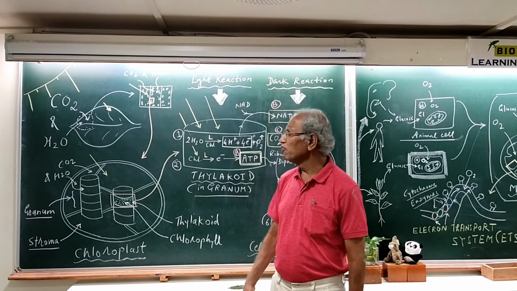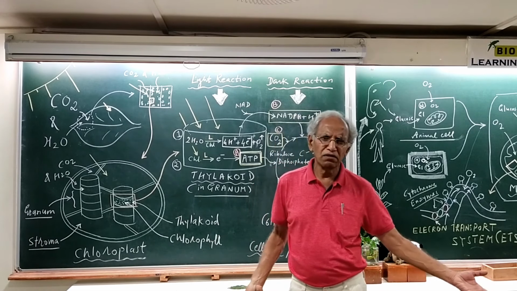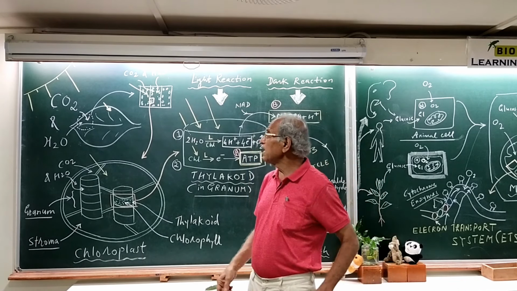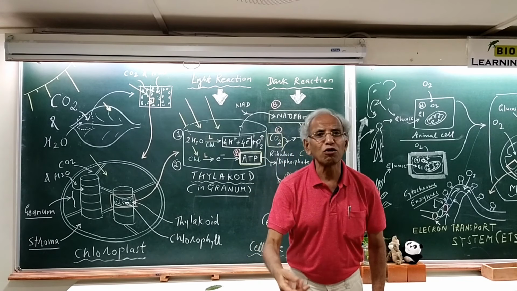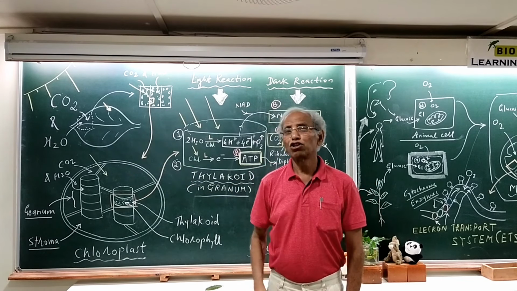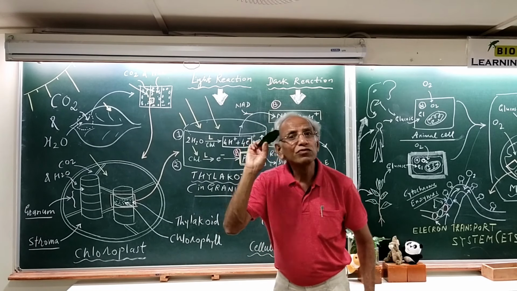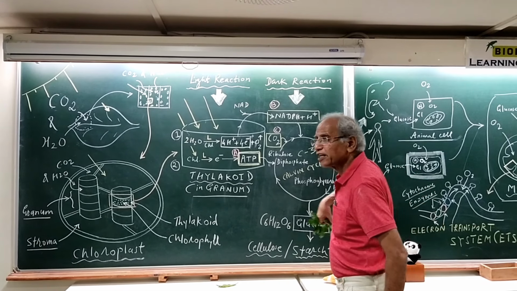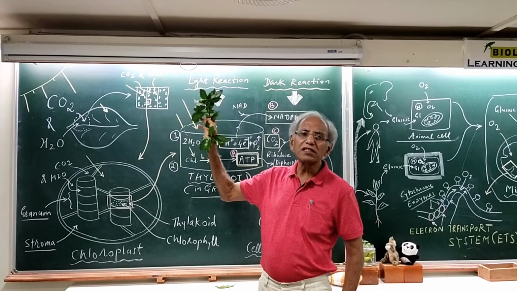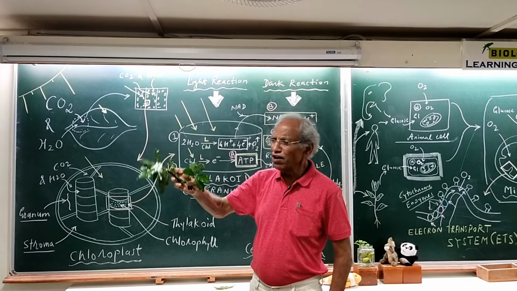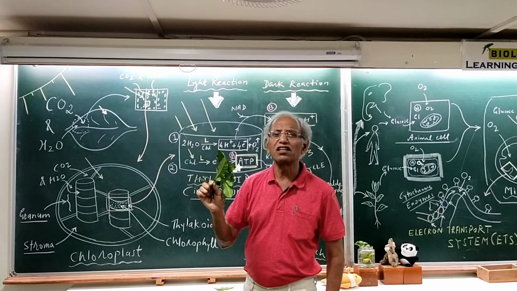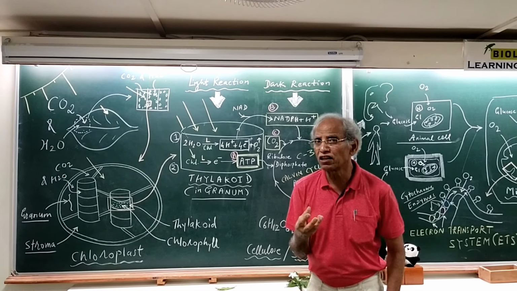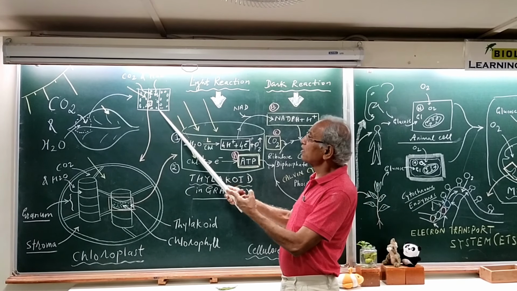Statistically, it can be shown there will be a few lakh or a million cells in a small leaf like this, millions. And one cell will have, suppose, 30 chloroplasts. So 1 million into 30, just calculate. 30 million chloroplasts in one leaf. And if you think of the entire plant, then you can expect an enormous number of chloroplasts. So this green wealth of the earth, it's terrific. It is this green wealth of the earth that makes possible continuation of life on earth, because the chloroplasts